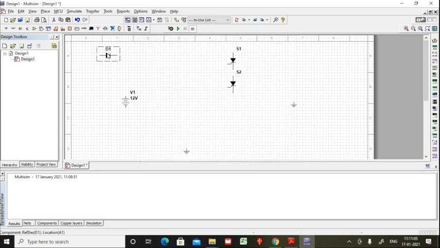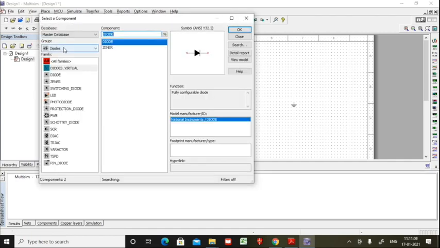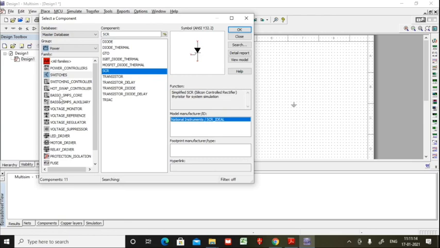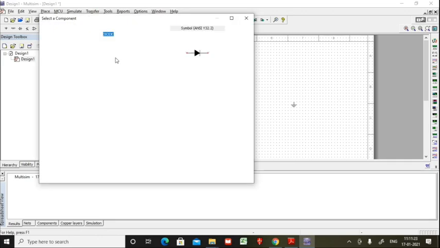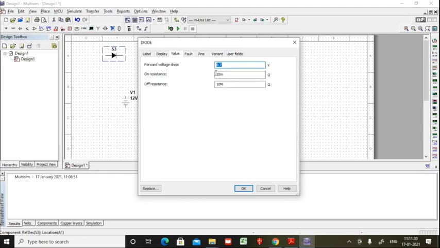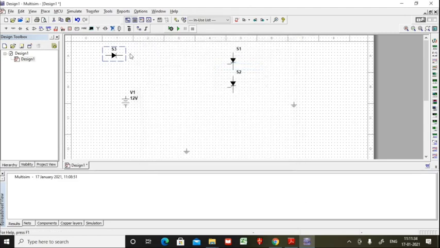No, this is not correct. Let me delete it and go to the Power section again and use a diode here. Let me check again. Yes, this is correct. You should get these kinds of values: voltage drop, on resistance and off resistance. This kind of diode has to be used.